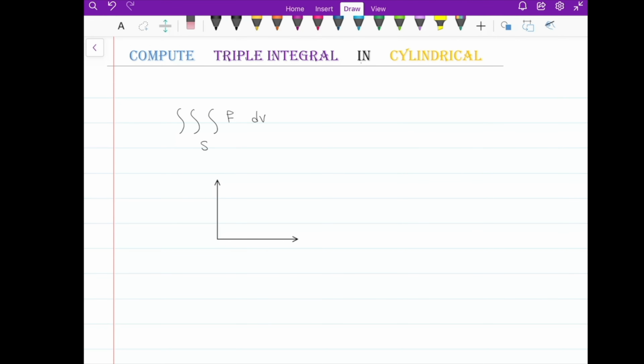So let me graph it. This is the y-axis, z-axis, and I have also the x-axis in here. Then I have a solid like this, for example. Something like this. Okay, so this is the solid S in R3, and the projection of this solid is like that